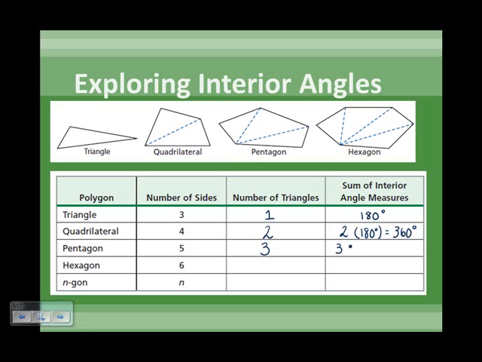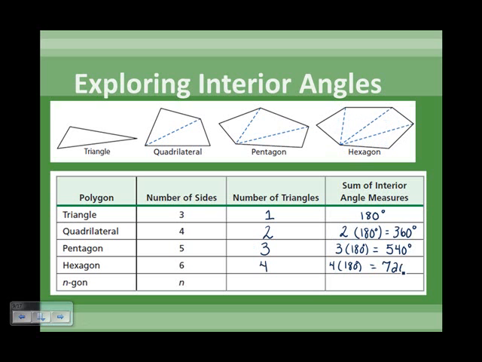And then the sum of the angles would be 180 times 3, which would be 540 degrees. And for a 6-sided figure, we can draw 1, 2, 3 diagonals, forming 1, 2, 3, 4 triangles. And then the sum of the interior angles of all of those triangles would be 4 times 180,